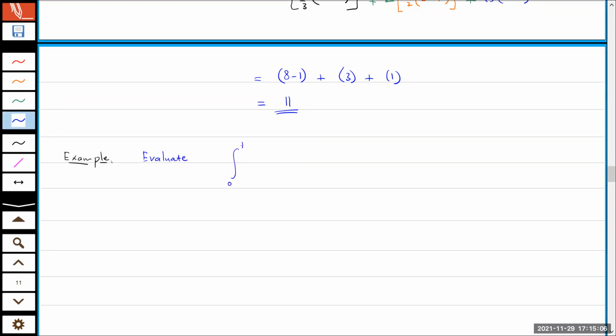So let's write the question as: evaluate the integral from 0 to 1 of x times (1 minus x) dx. And again, just to make a point, at this stage our only choice is to do the Riemann sums. All right. So here,